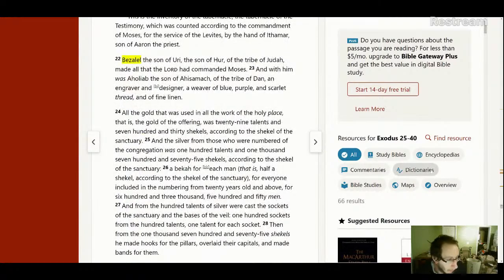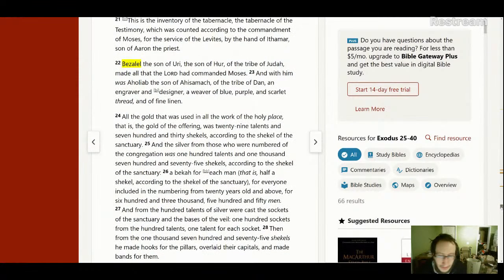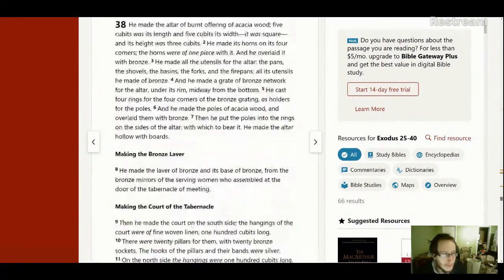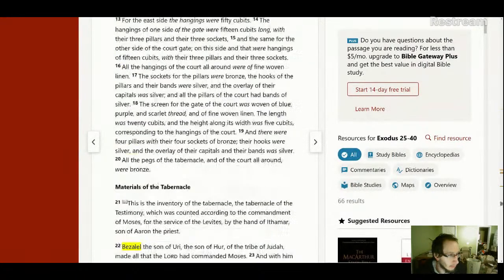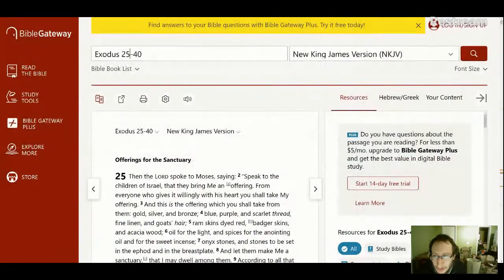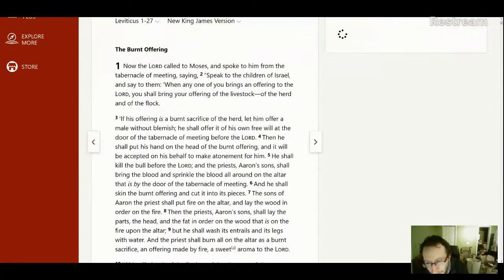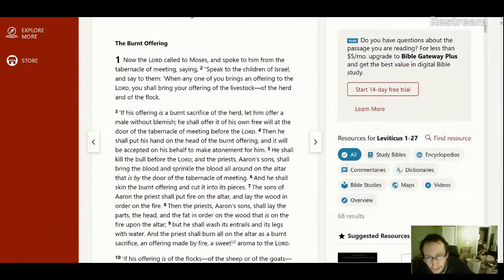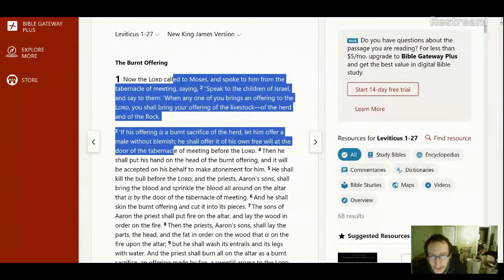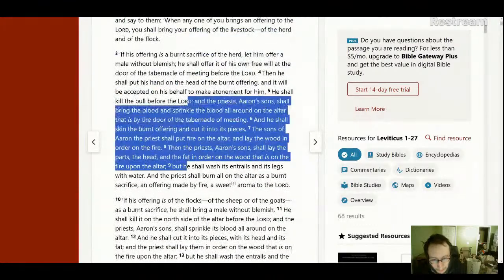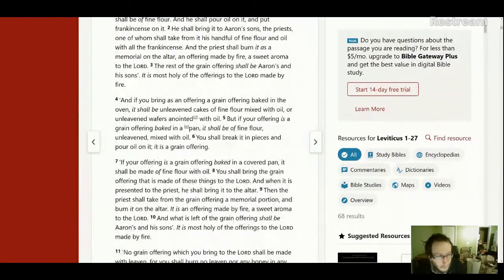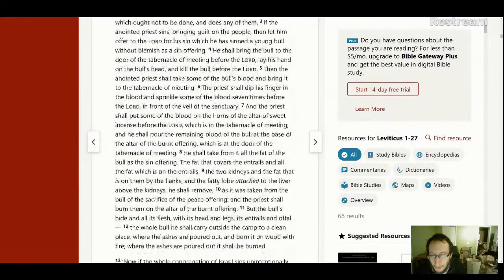So now when we look in things like Leviticus, we see that this same style of him teaching the law is happening. But then there are other places in Leviticus where it doesn't seem like he's teaching the law. It seems like God is saying the law. So here we have Moses teaching the law about offerings to people. Okay. But then watch.